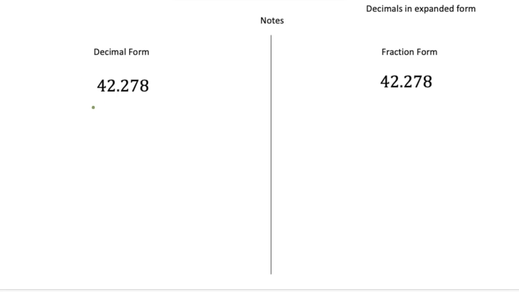So notice we have 4 groups of 10. Okay, so it's going to be 4 times 10. All right, that little dot means multiplication. Okay, plus we have 2 groups of 1s, so it's going to be 2 times 1. All right, but now we're going to get into the decimals. Okay, now we have 2 groups of a tenth, so it's going to be 2 times 1/10, so 0.1 or 1/10. Okay, plus we have 7 groups of a hundredth, so it's going to be 7 times